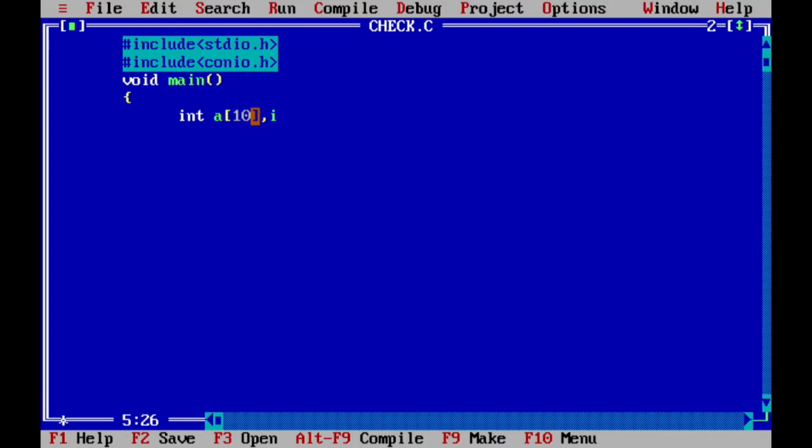To enter like that, I want to pass a message to the user: enter how many numbers you want to pass. To store that entered number, here I am taking the variable n. At present, I don't know how many variables are necessary in this program. So finally, semicolon. Next, clear screen.